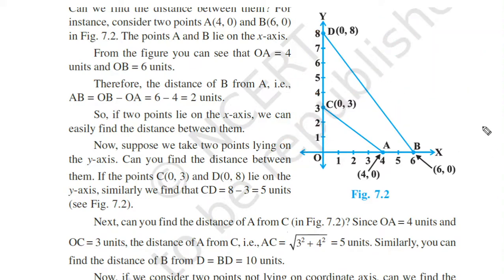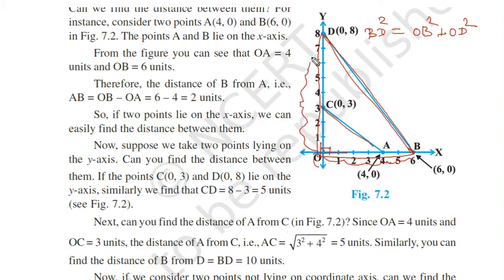Okay, this much was easy. Now if you are told to find the length of BD, let's find it first. You can clearly see BD is a part of triangle BDO, isn't it? Now BDO triangle is a right angle triangle, because we know the x-axis and y-axis cross each other at 90 degrees. As it is a right angle triangle, BD is the hypotenuse. So BD square will be equal to OB square plus OD square. You can clearly see in the figure.